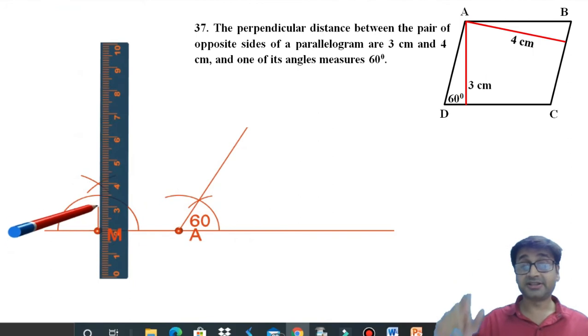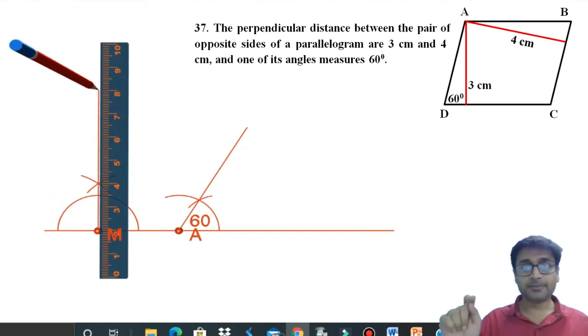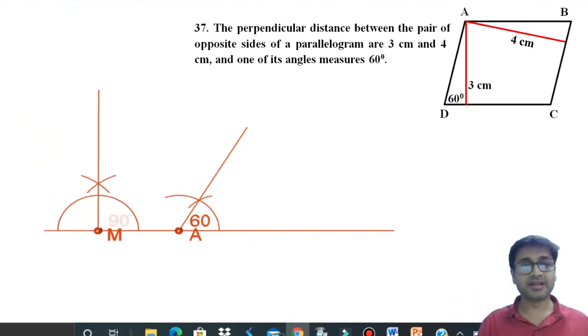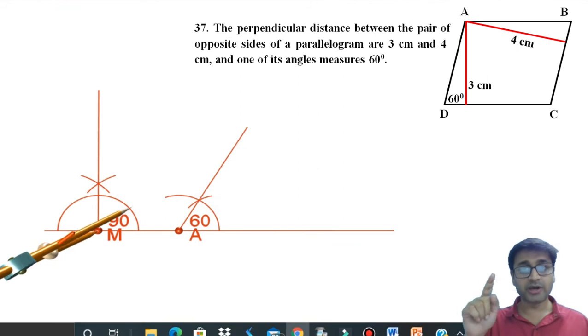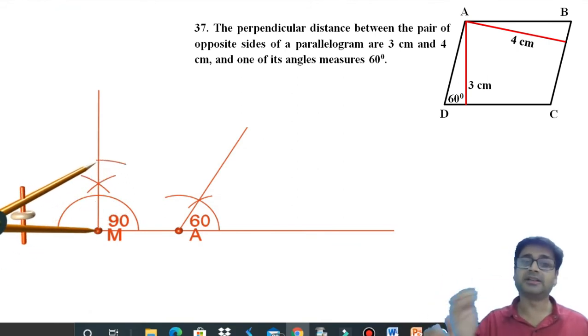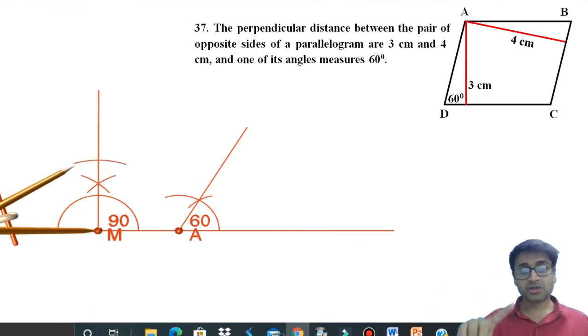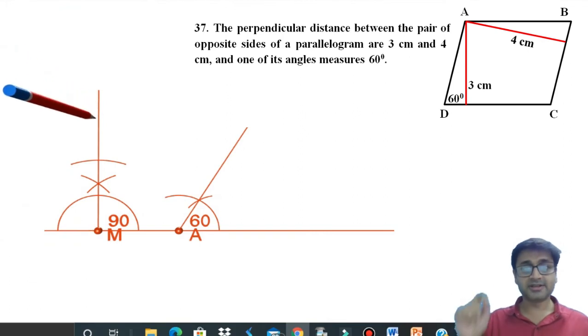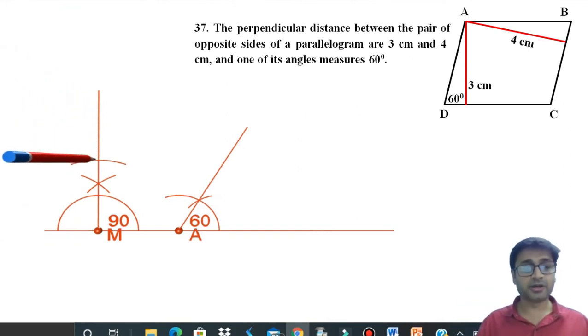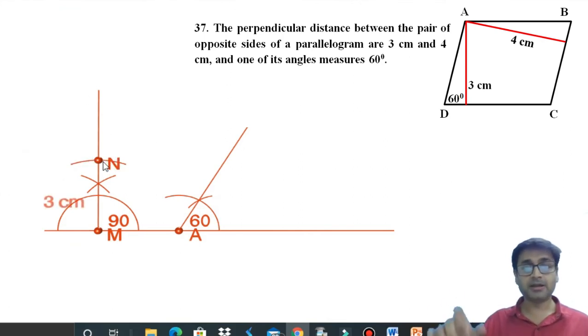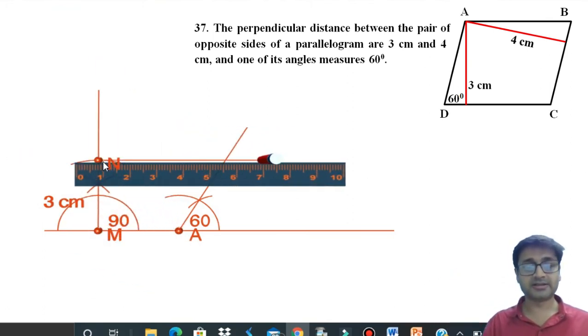And then the height is 3 centimeters. So keep your compass on M, cut an arc of 3 centimeters, and that's what you get your point N. Come on, everyone reach there. Pause your video right now, go to N and then one more 90 from N and then come back if you don't get it. Okay, so cutting an arc of 3 centimeters, fixing a point N right over there, and from N one more 90 degrees. So from N, compass, construct an arc of suitable radius, and then from 0 and 180, 2 more arcs.